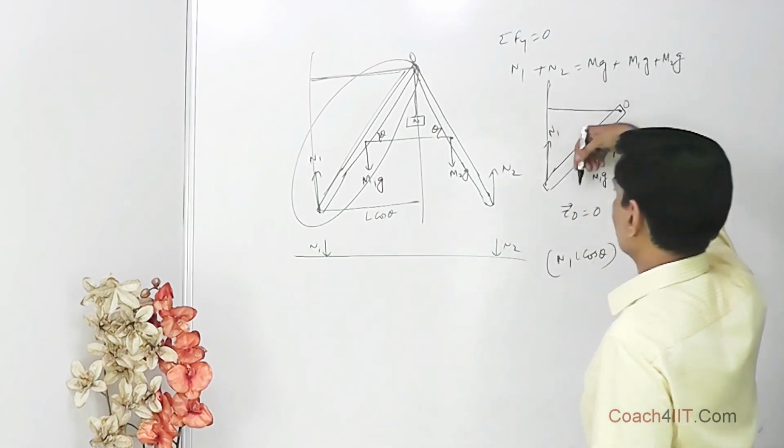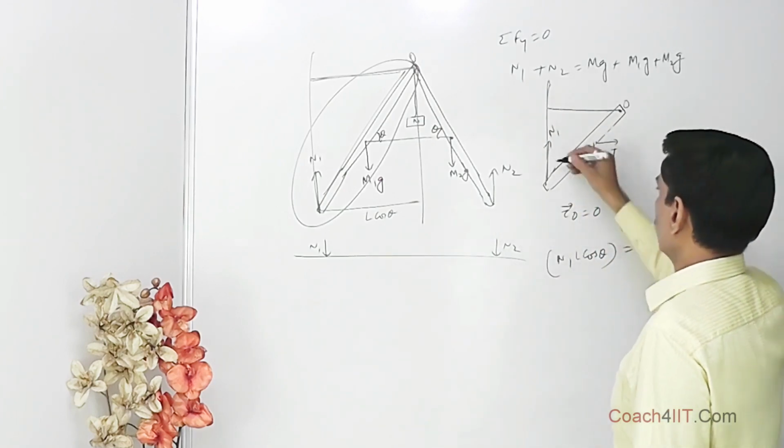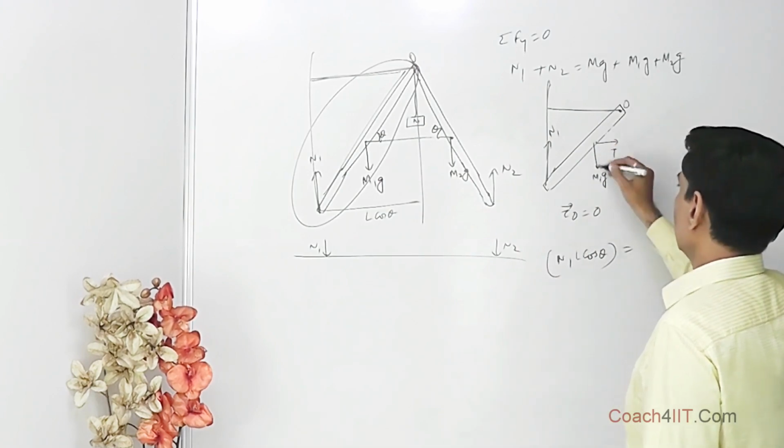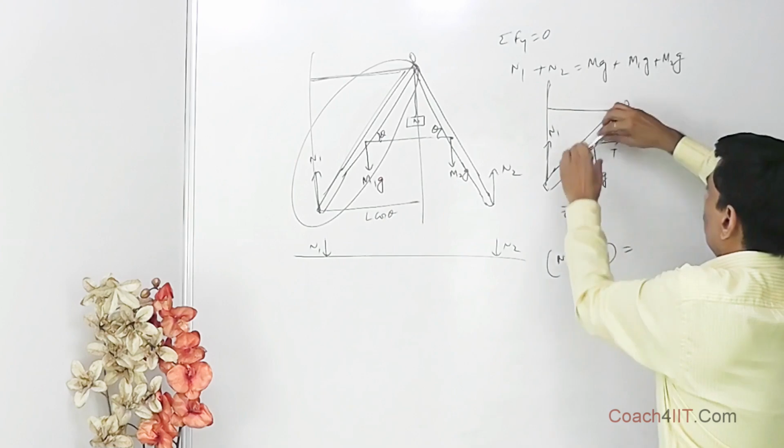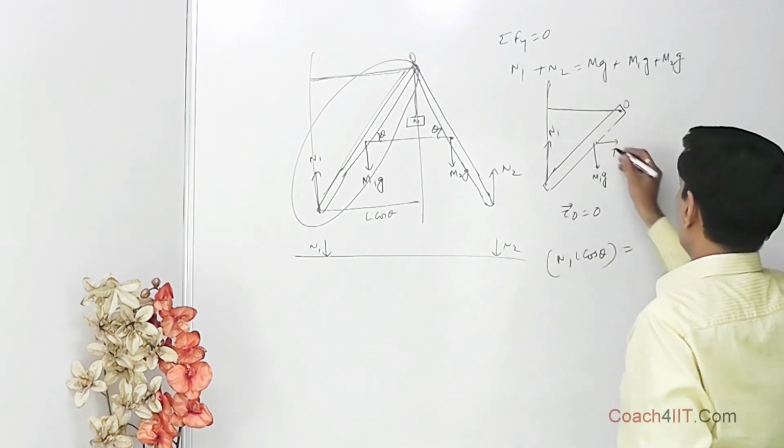What is this? This is a clockwise torque. So this is making clockwise torque, and these they are contributing towards the anti-clockwise movements, that is anti-clockwise torque. Both of them, they are trying to rotate it this way. So it is T1,